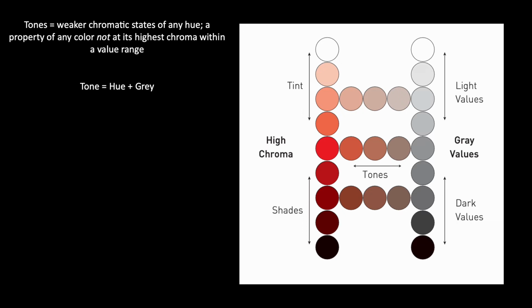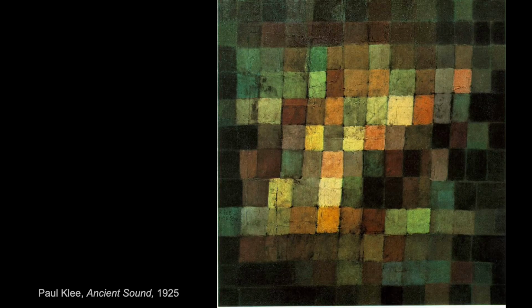A tone is a color that is weaker than its most pure state. Tone is a property of a color that is not at its highest saturation or chroma, but it's been dulled from that most intense state. So you can sort of think of tone as a grayed color. And though saying a color is dulled or grayed sounds negative, it's not necessarily, and it can create some interesting